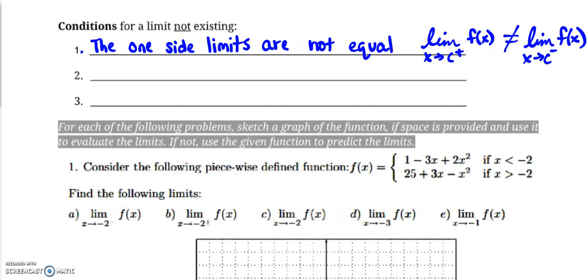Okay, option number 2. What is another situation in which you won't have a limit? Well, if the function doesn't approach a particular value. The function, it would typically be what